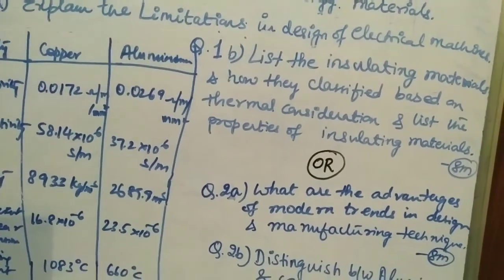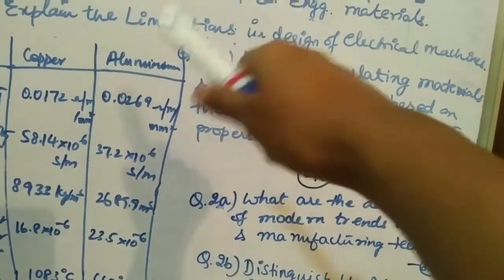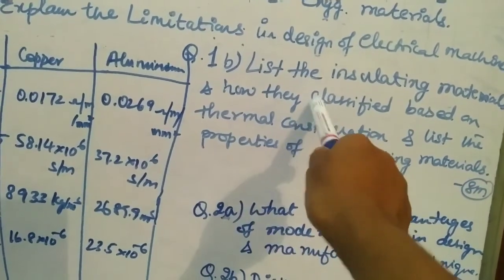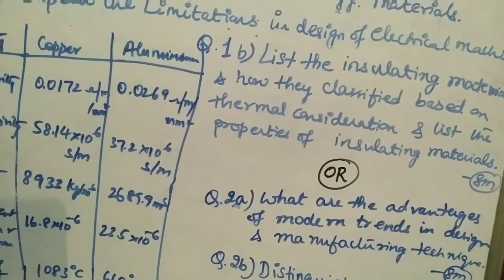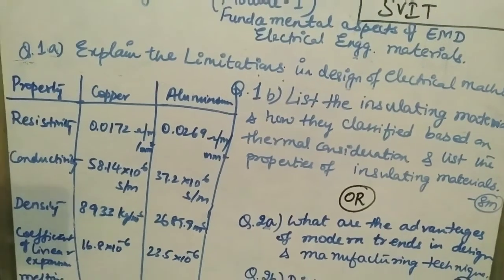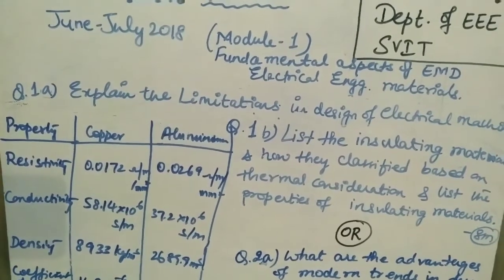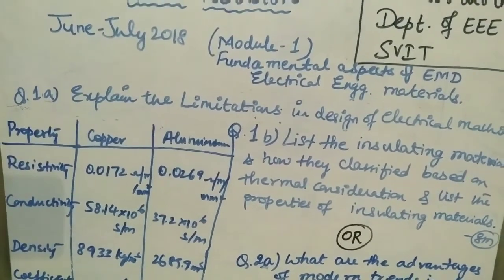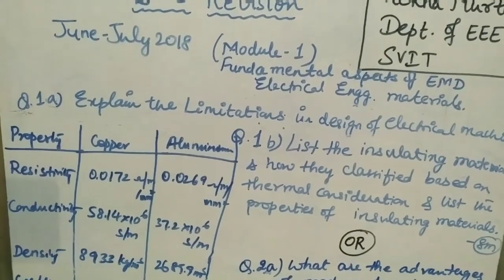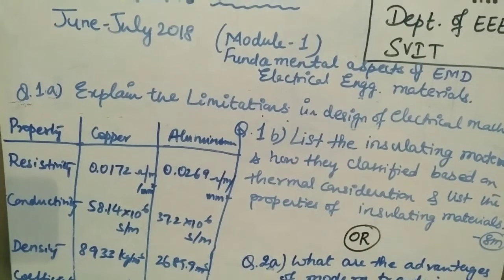If you study these 4 questions, they are asked alternately, and there is a choice: if this question is asked, it is clubbed with this, or if this question is asked, it is clubbed with this. Okay, so this is about the 2018 paper. Similarly, you can cross check with the 2019 question paper, and definitely we will discuss that question paper also. But now let us end the session and practice all these 4 questions. Please make a note of it.